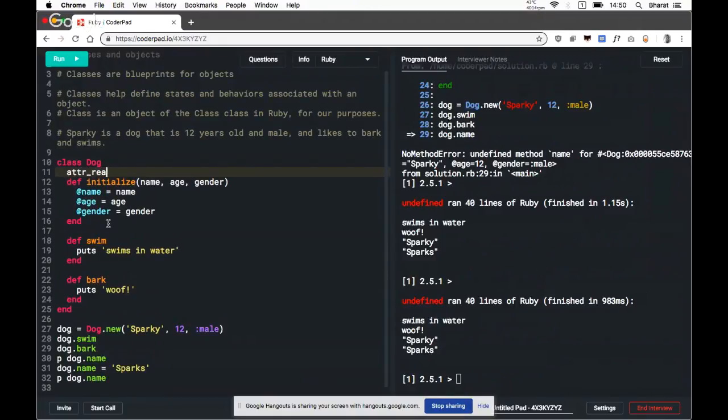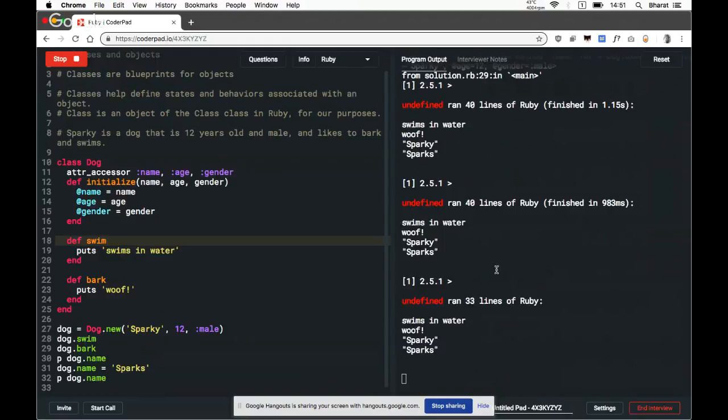You could have used attr_reader if you're only reading the variable, attr_writer if you're only writing, and attr_accessor if you're doing both, getting and setting in essence. And so in one line you can achieve this for all 3 variables. So this code would still work.